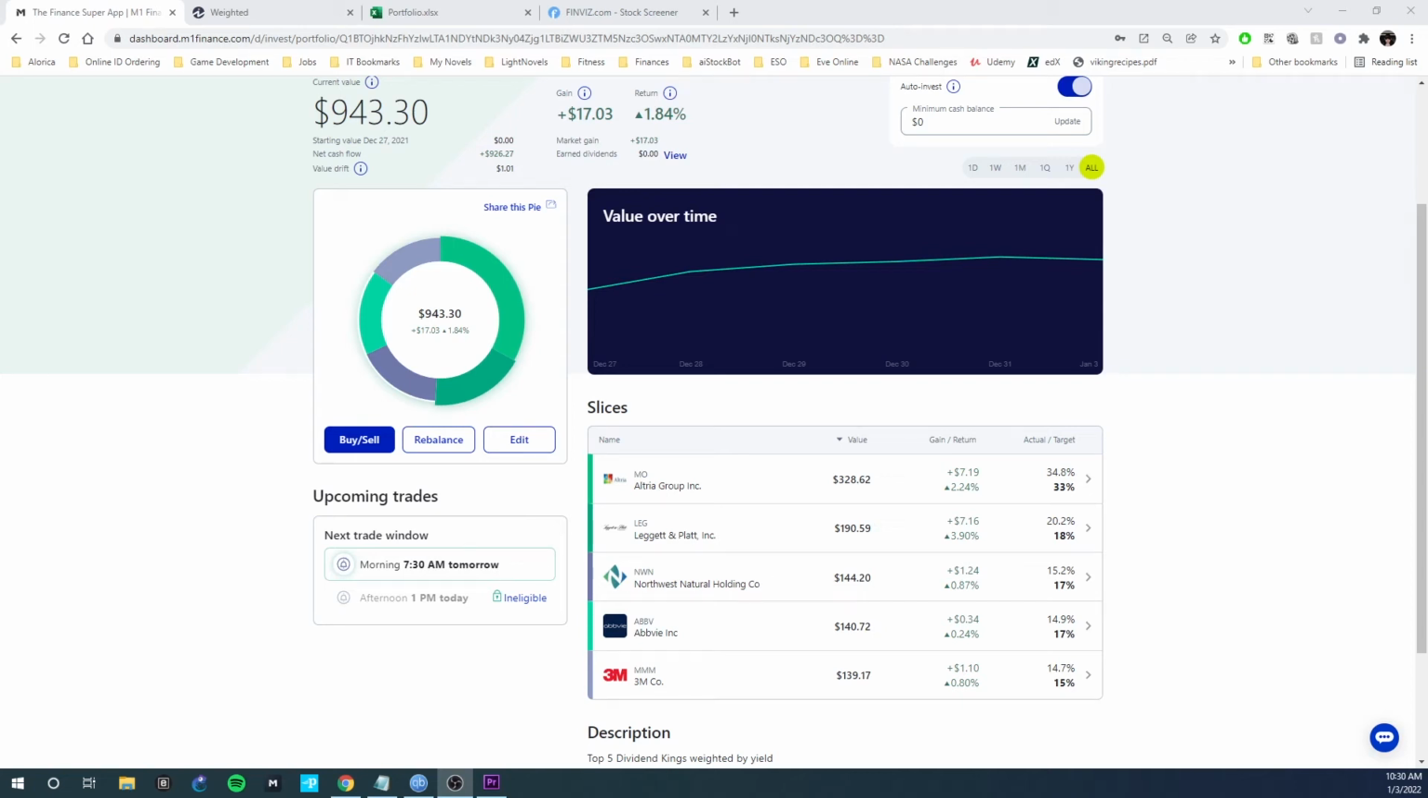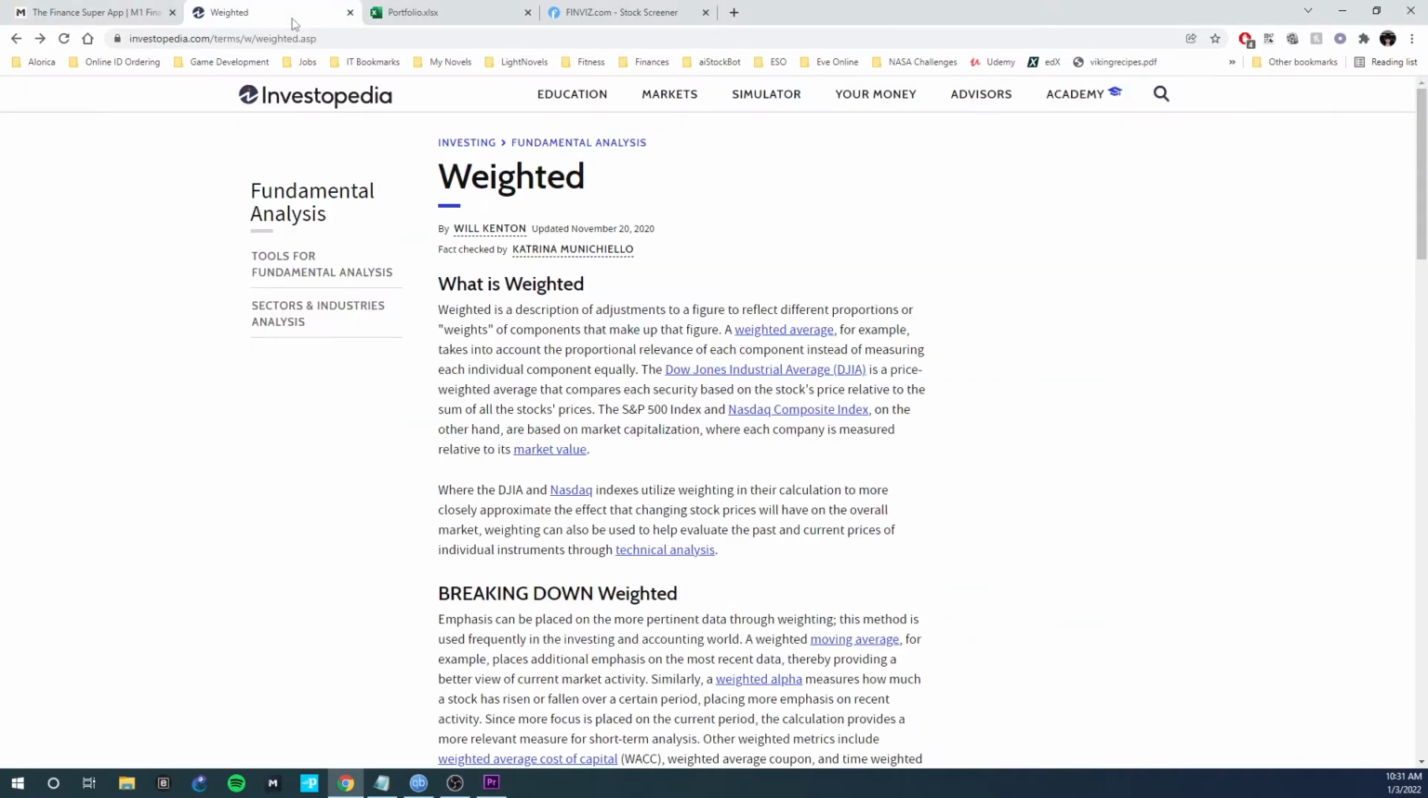This is Dave here, and in this video I want to show you how we can level up our investment strategies by using different market weights in order to allocate how much cash is being invested into what. Now, you may have heard the term weights, but what are they and how are they used? Well, if we look over into Investopedia,